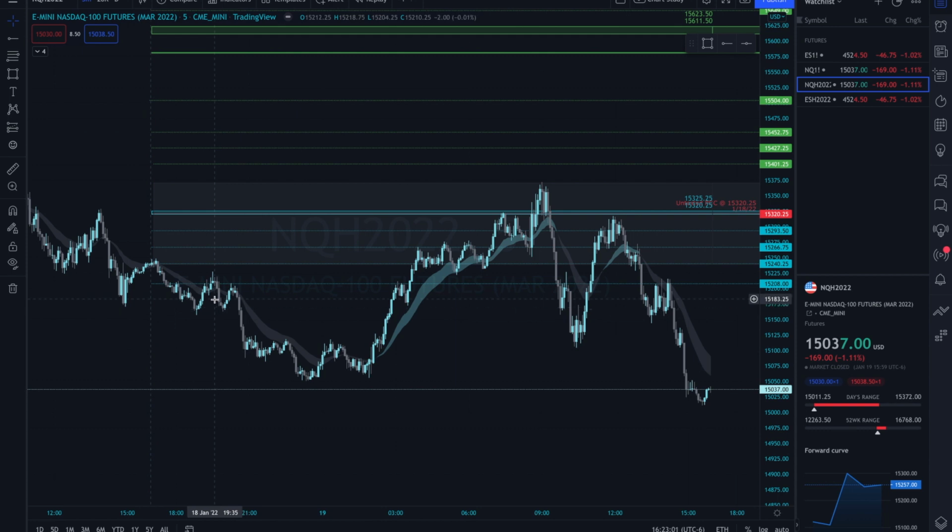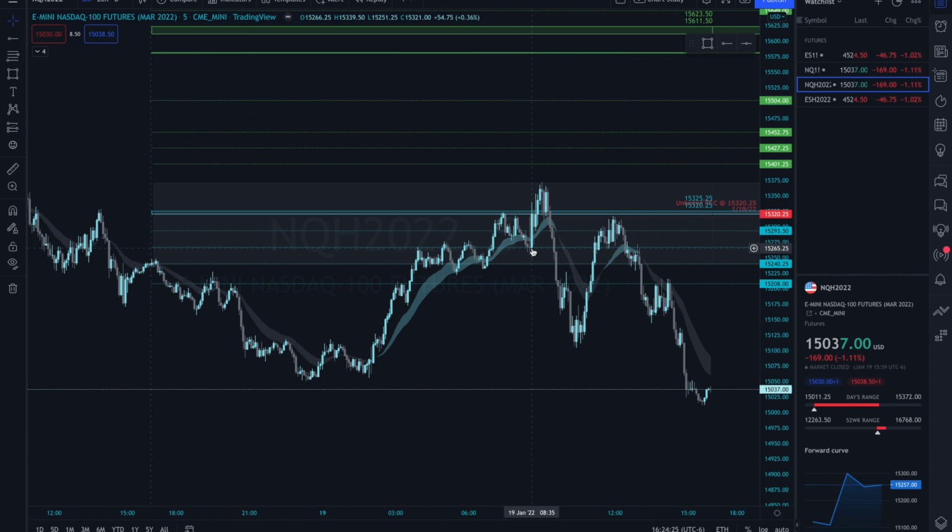So in the overnight session, we can see that we kept going lower from previous day lows. We bottomed out at around 15,037, started coming back up, came back down, and you can see that we start coming back up to these lines, heading towards the previous day's untested point of control. We go up, we test the POC line, come back down, test it again, double test, sells off, and then